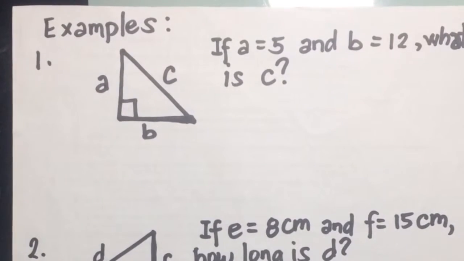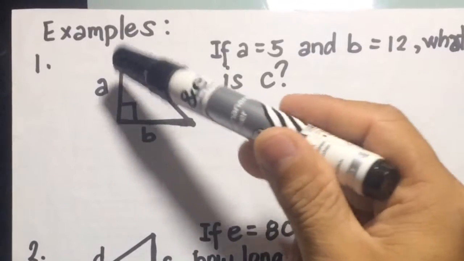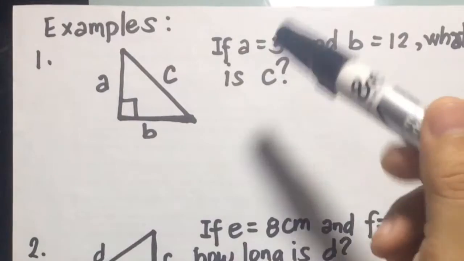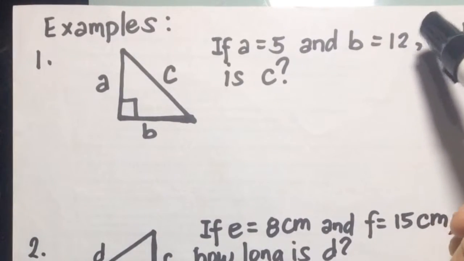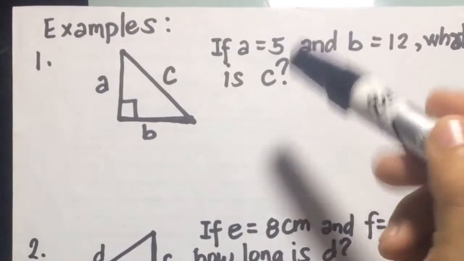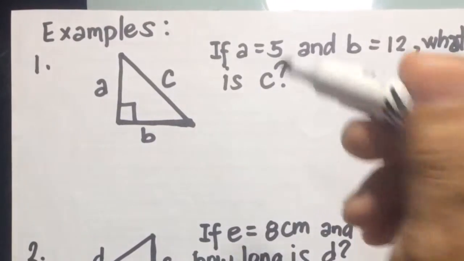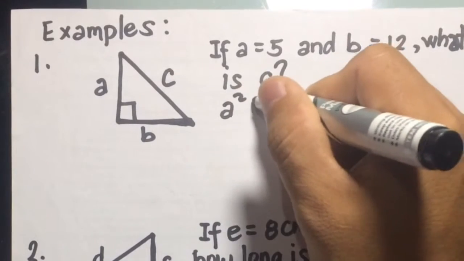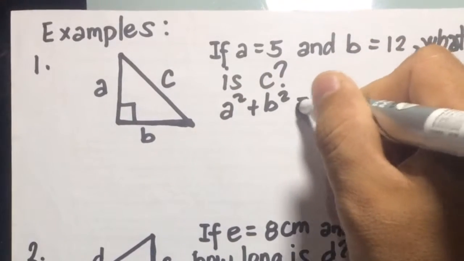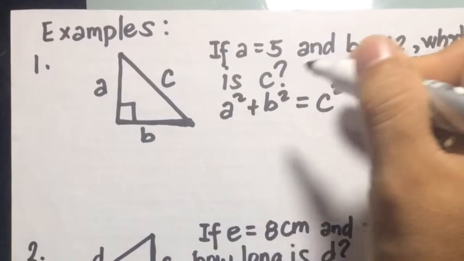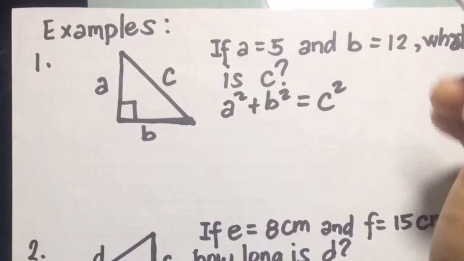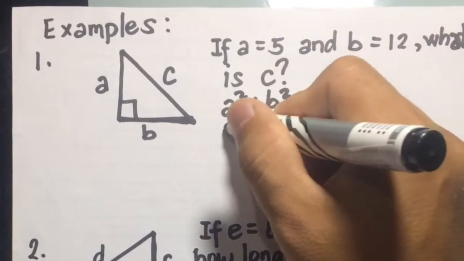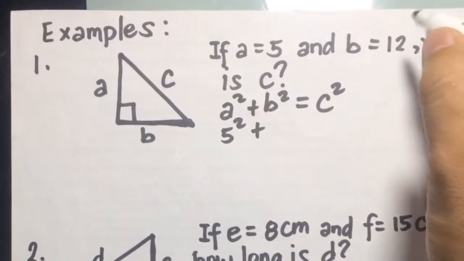Let's have some examples here. Example number 1, we have the figure. We have the hypotenuse C and the legs A and B. Now if A equals 5 and B equals 12, what is C, or what is the hypotenuse? We're going to use the formula A squared plus B squared equals C squared, or you can interchange it: C squared is equal to A squared plus B squared. Now A here is 5, so we have 5 squared, plus B here is 12